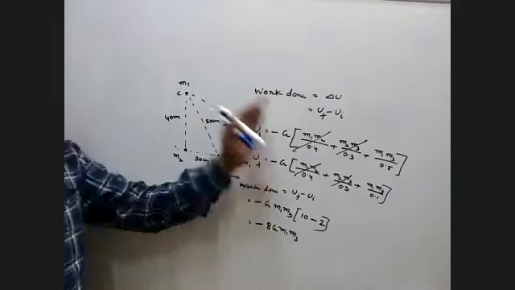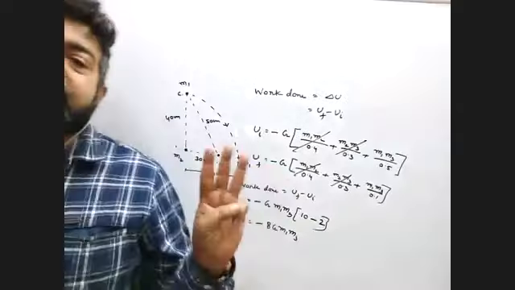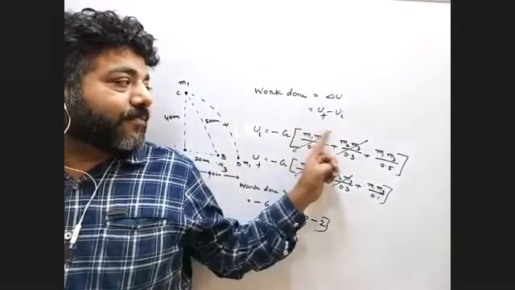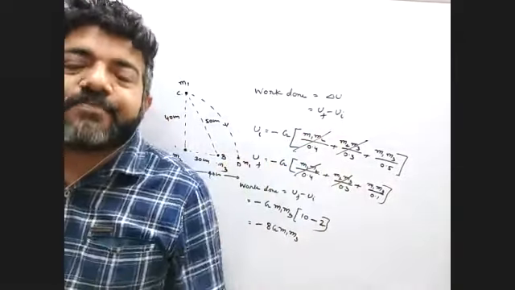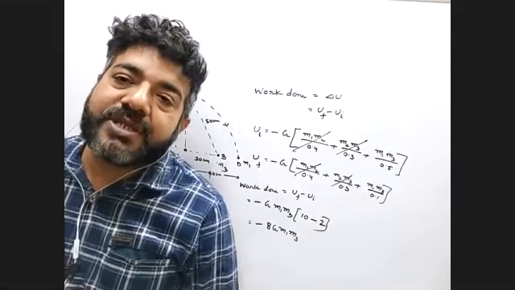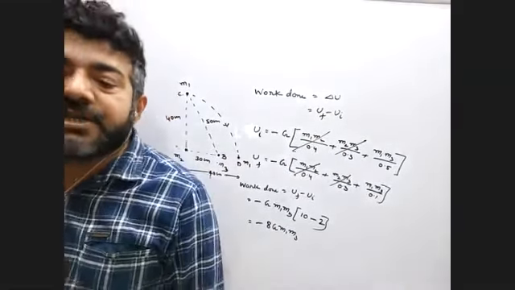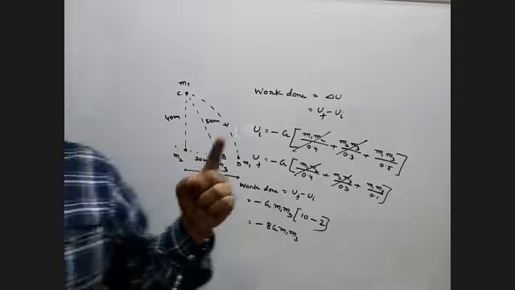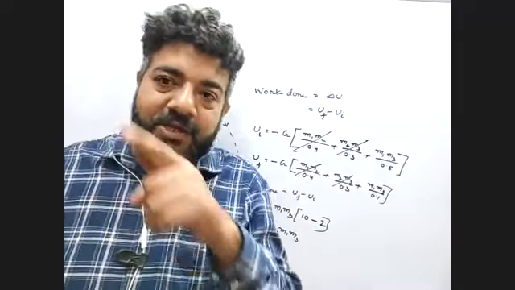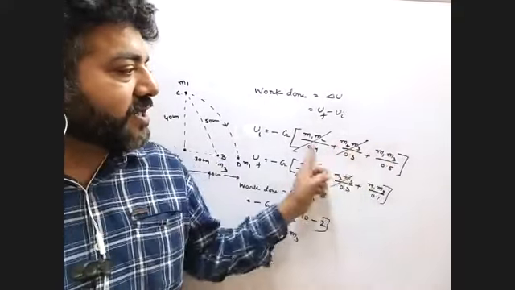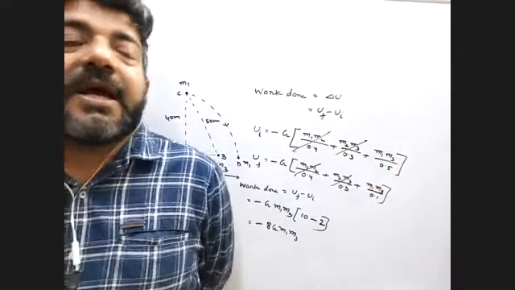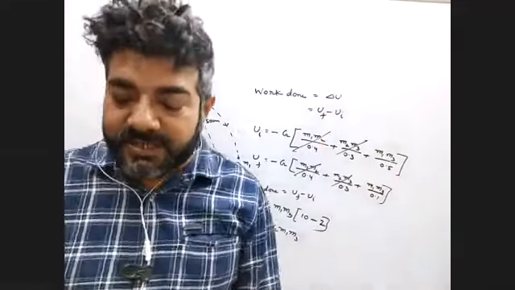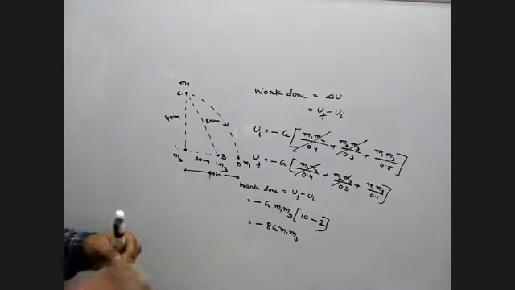So I think all of you understand that part. So my basic key points are three things. Number one, gravitational potential energy is minus G m1 m2 by r. My second key point is that if we have more than two particles present, the number of potential energies is n into n minus 1 by 2. So here you have three particles, so 3 into 3 minus 1 is 2, by 2. So 2 cancels, so how many potential energies are there? 3. That is the second key point. And the third key point is work done equals change in potential energy, that is final minus initial. Is it okay? Yes, sir.